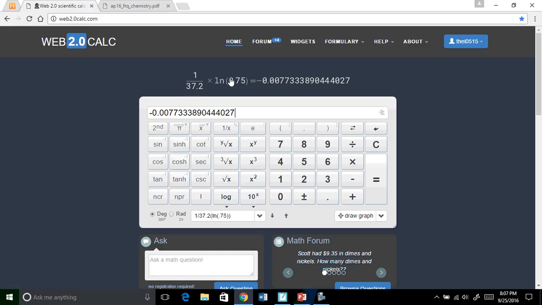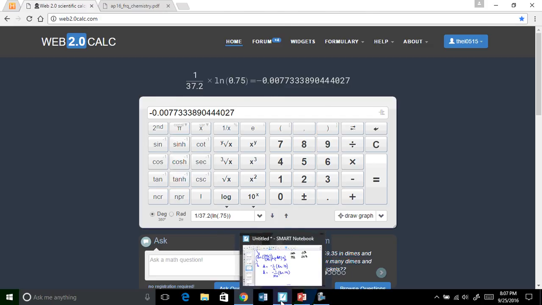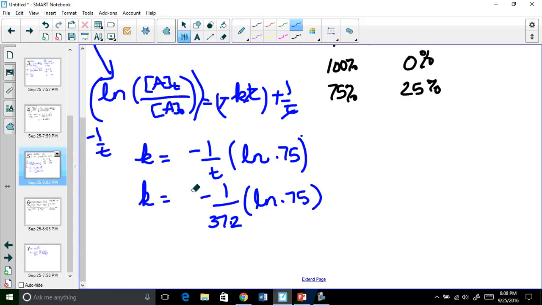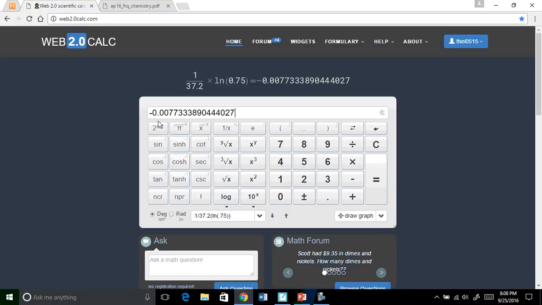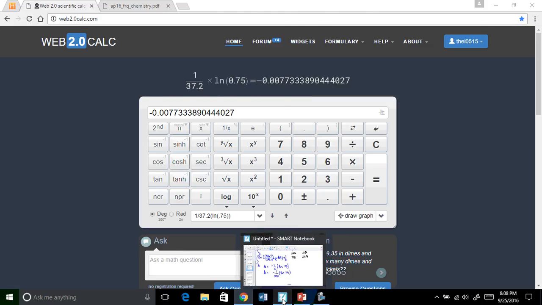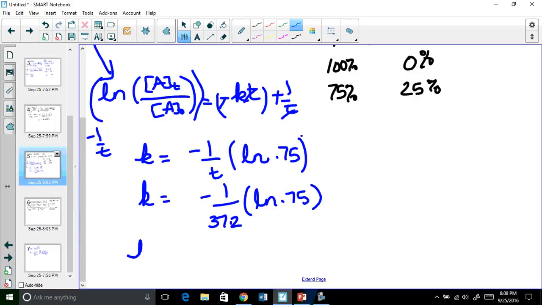it's not supposed to be negative. Anyways, it's 0.00773. And what I did wrong was, let's go back here, I didn't put this negative here when I put it in the calculator. So now if I go back to the calculator, you'll notice that I don't have negative 1 over 37.2. So if I did, this would be 0.00, those don't count as significant, 773. And so when I come back here, k is